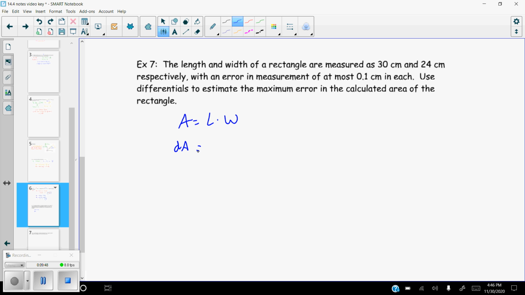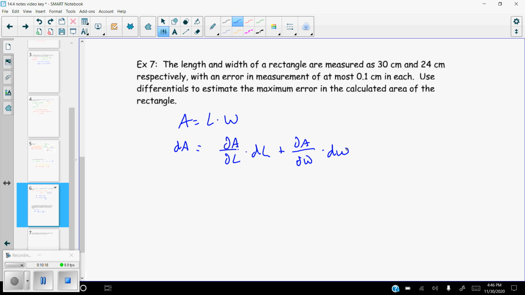It's going to be the partial derivative of A with respect to L, make it a capital L like it is up there, times dL, plus the derivative of A with respect to W